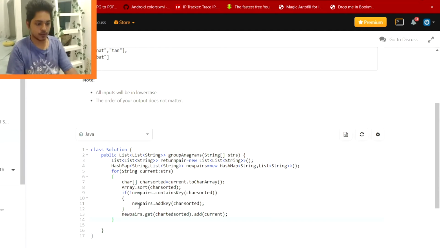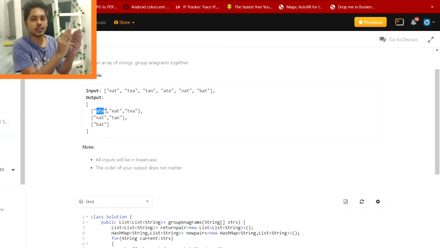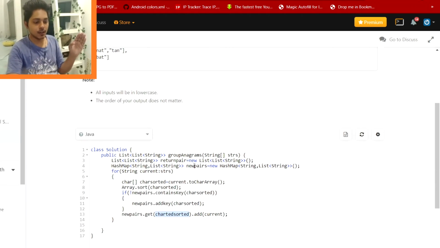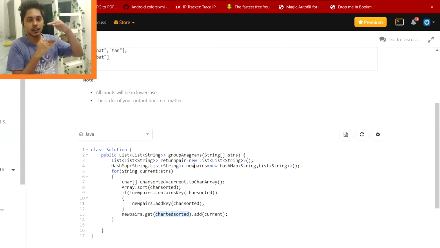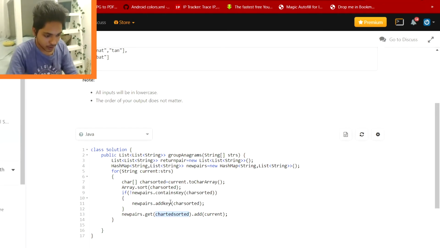Add current means that a particular set of characters in a string already exists there. Let's say once I have sorted in charSorted that AET is now a particular key for a group of strings, and AET comes again, then please make sure that they are in a particular array.